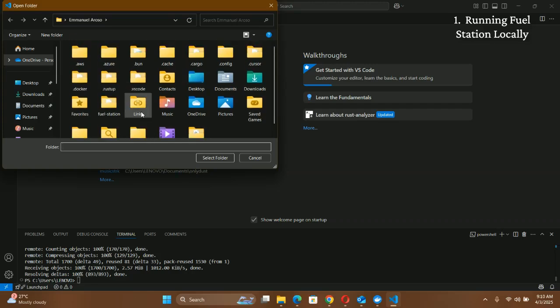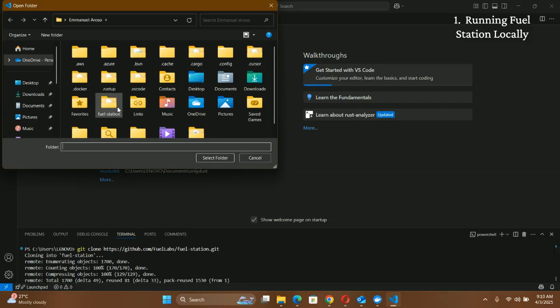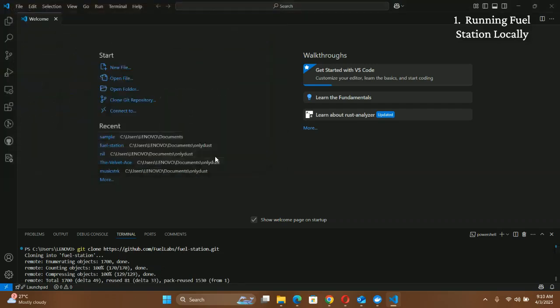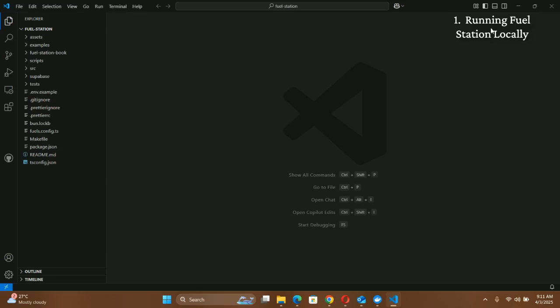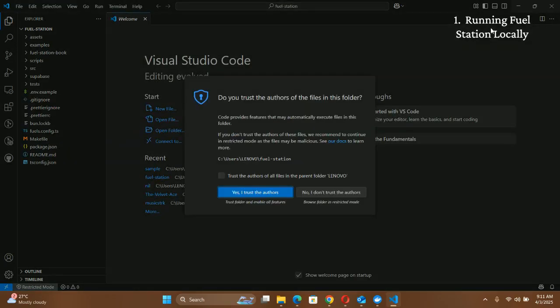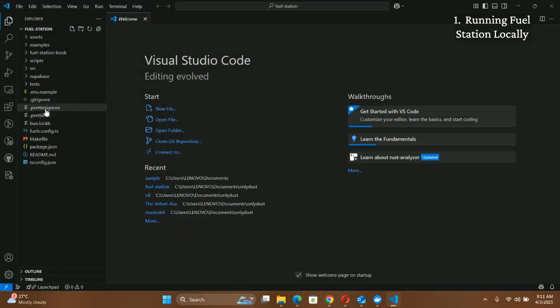I think we clone it. Yeah, full station. Yeah, we select it. So this repository, this project has the